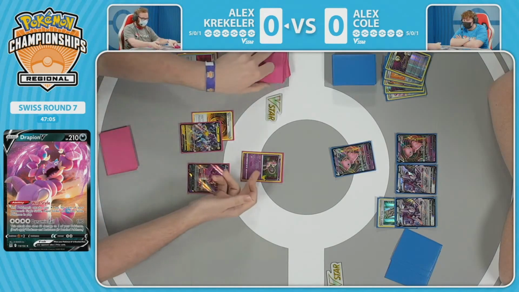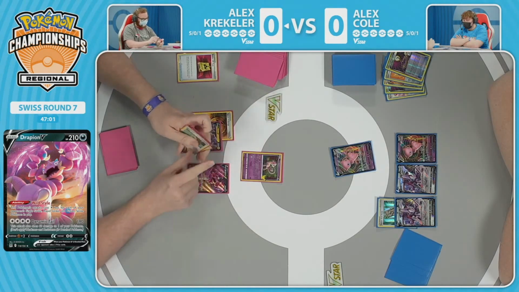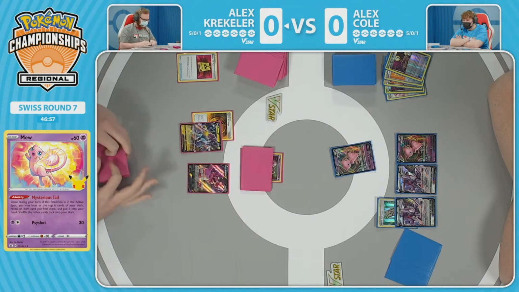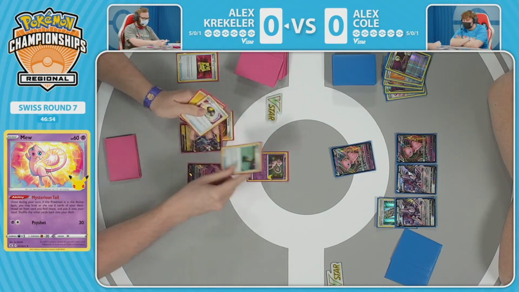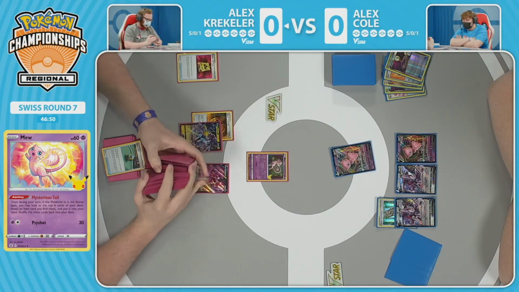I think the big thing to think about as well is on your first turn for Alex here, what are you really looking for besides this? It's got to be just to attack with Drapion, sure, but how are you going to maintain the prize trade is what I'm thinking at this point. Got to keep it up, and if you're not hitting into the VMAXs, you kind of fall down a little bit. The Mysterious Tail does grab him a quick ball, so he can keep going with the setup,